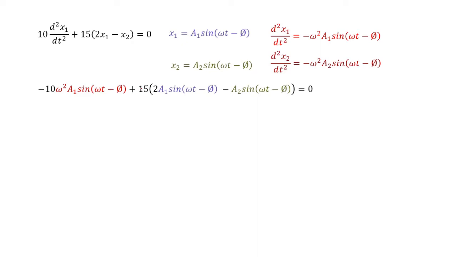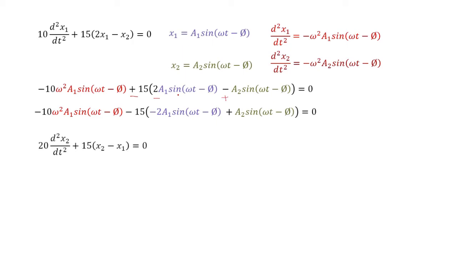Now we will perform one minor modification, that instead of plus we will put minus. So here you will also get minus and you will get plus here. After performing this modification, you will get this equation where you will have a change in your sign, right? Similarly we will put the values of x1, x2 and d square x2 by dt square in our equation for mass m2. So this is the final governing equation for mass m2.